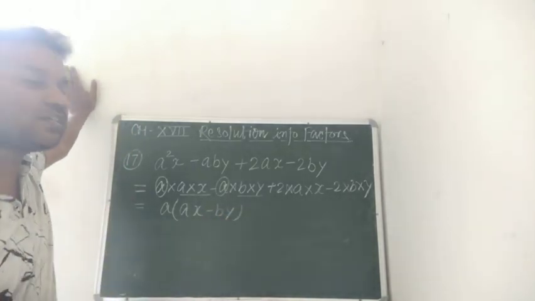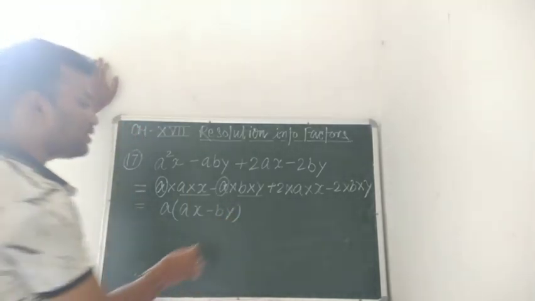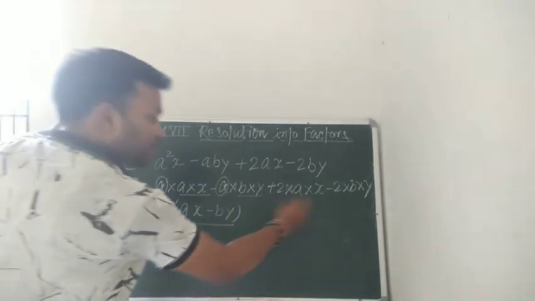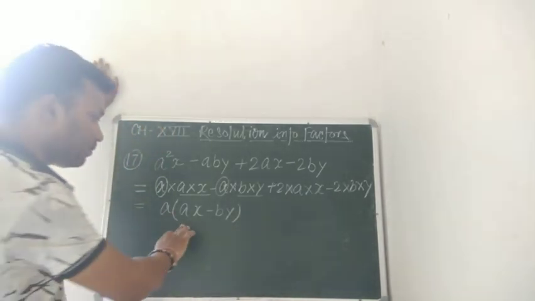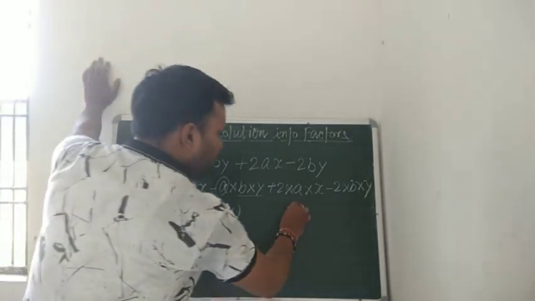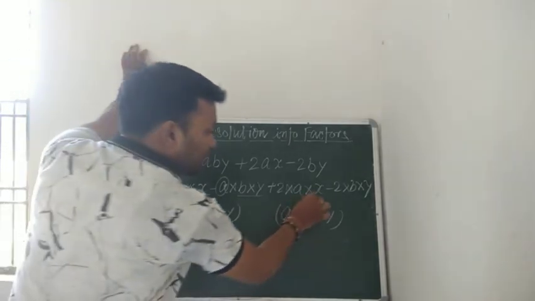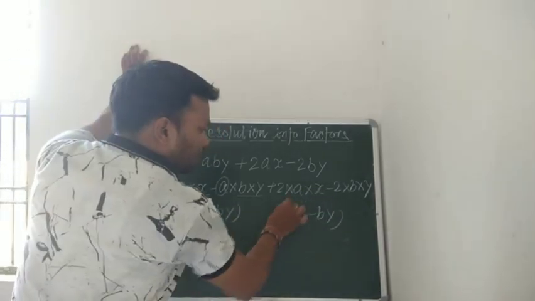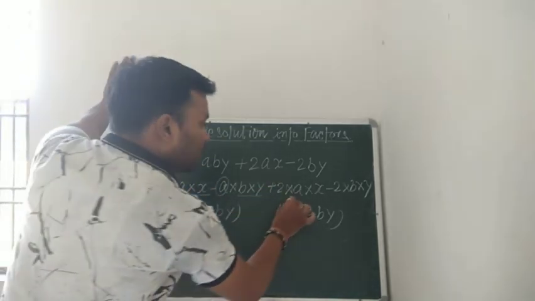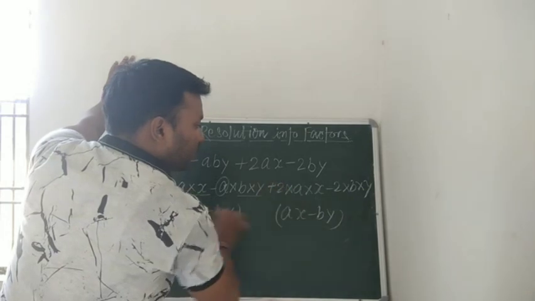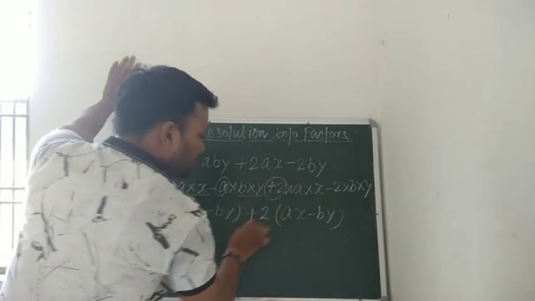As I told in the previous question, it is very clear that we will get the same compound factor at both places. So whatever compound factor we get in the first place, we will write the same compound factor in the second place as well. And now see, in the third term of this algebraic expression, which term you have written and which term you have left here. So plus 2 you have left here, so write that plus 2 here.